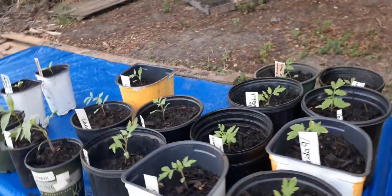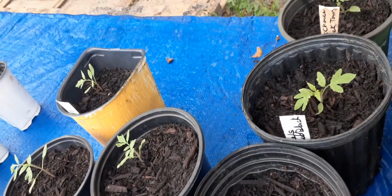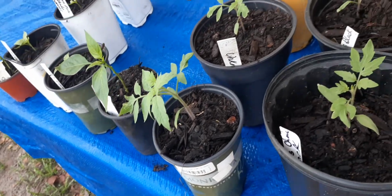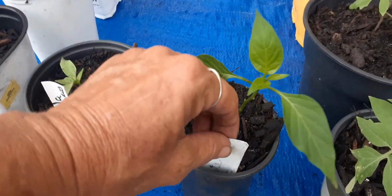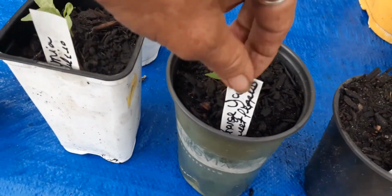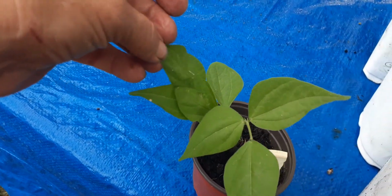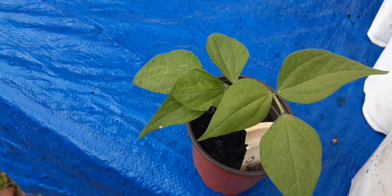Here I have the Florida 91s, and we've got 3 of those or 4? 3 of those, because that one in the back is a Chef's Choice Black. These 4 are all Chef's Choice Black. And these 2 are Chef's Choice Black. This is a Chocolate Wonder pepper. These are Orange Juice Sweet Pep. That's an Orange Juice Sweet. And these are Mamma Mia Galileos. This is a little green crop bush bean